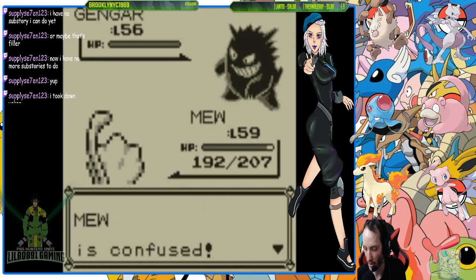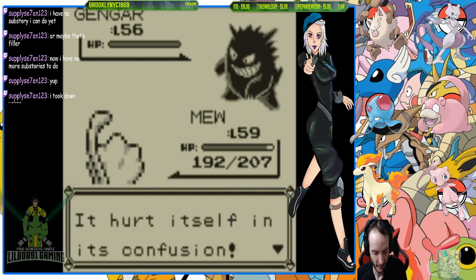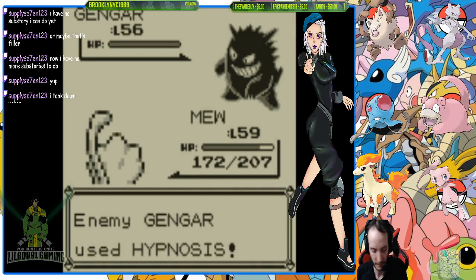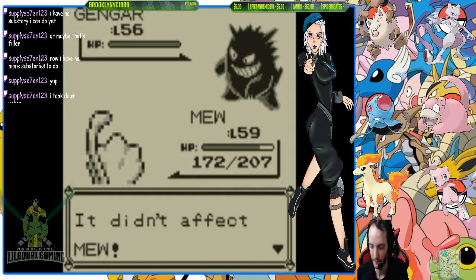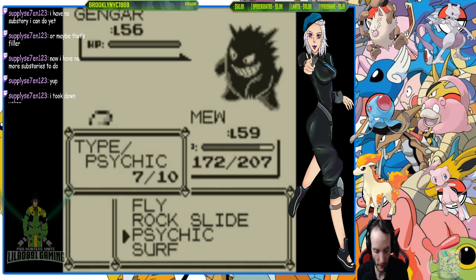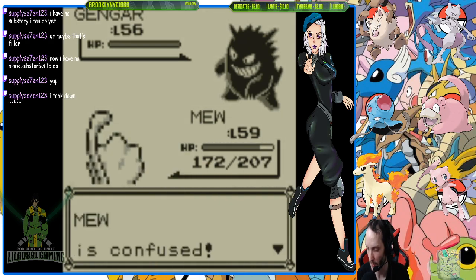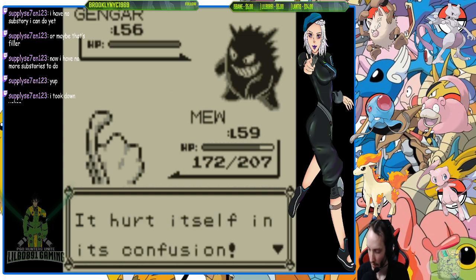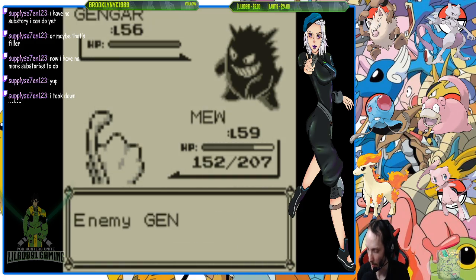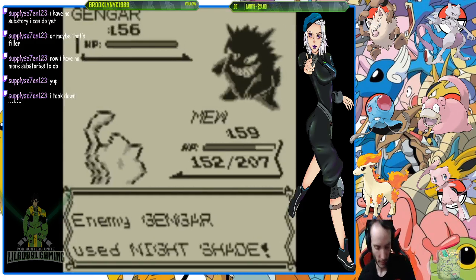Don't confuse me. Damn it, Mew. Damn it, Mew! Stop that. Mouse pad, please. There we go. Need it flat, so it doesn't bounce whenever I try to move the joystick. Exeggutor, come on. I need you, Exeggutor.